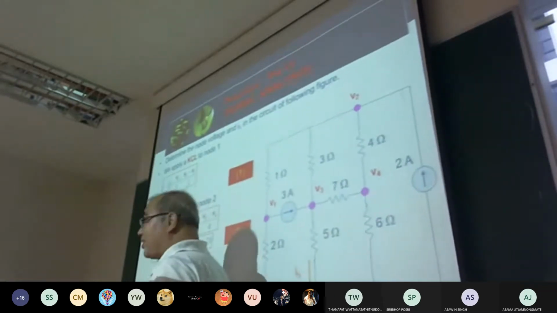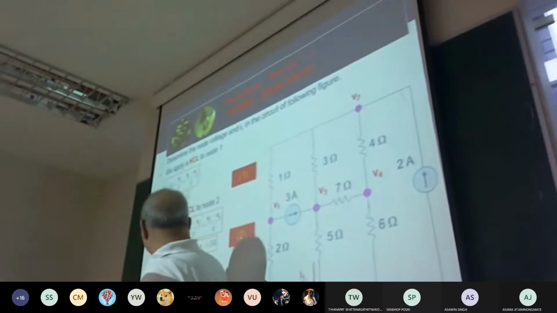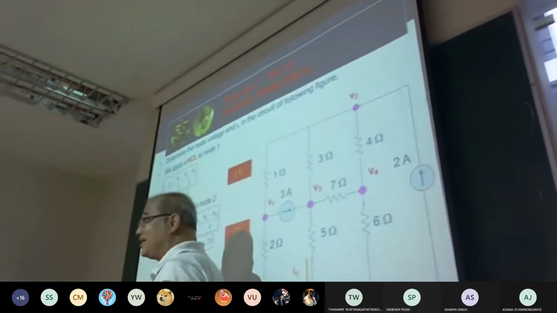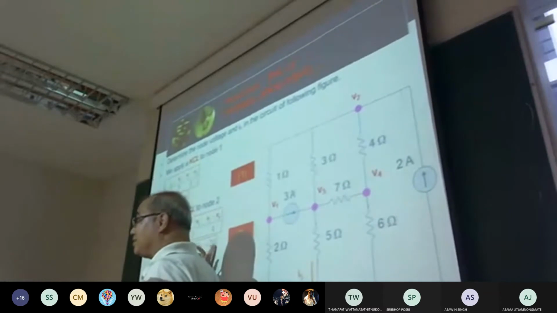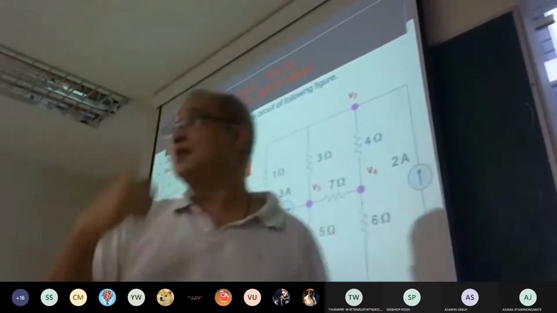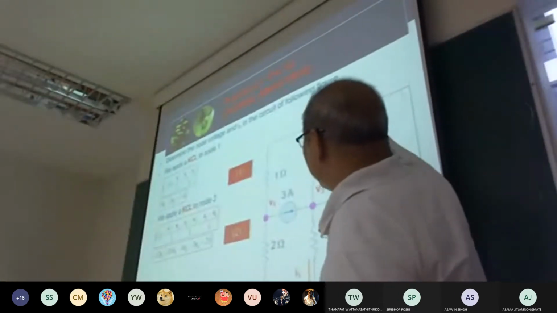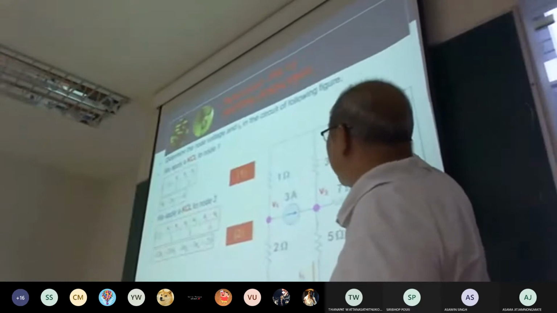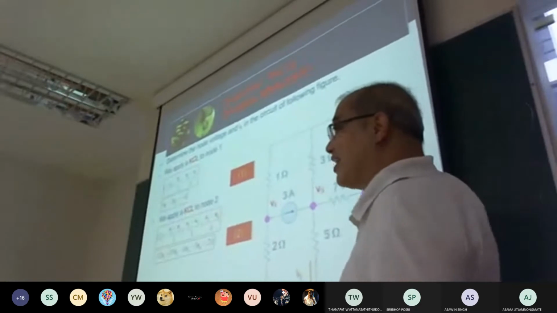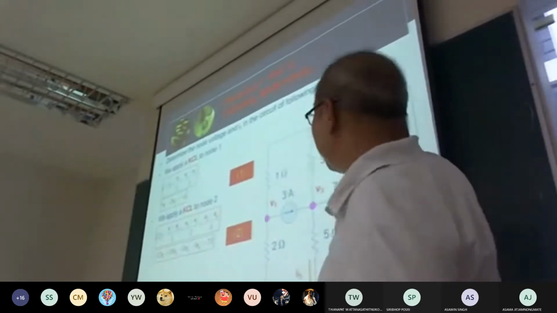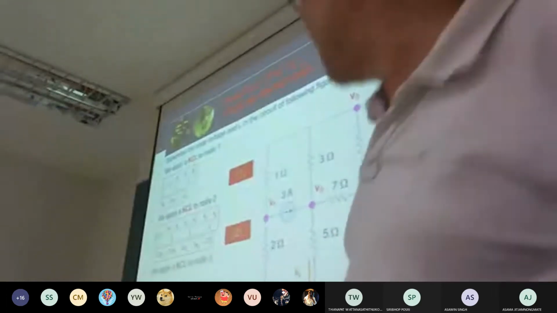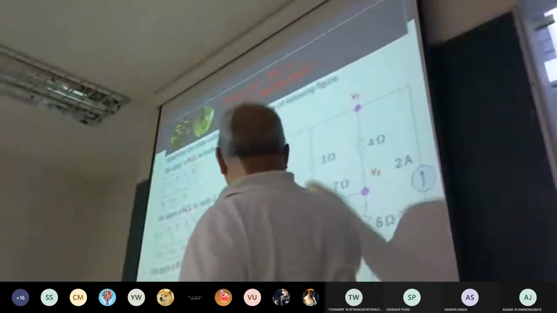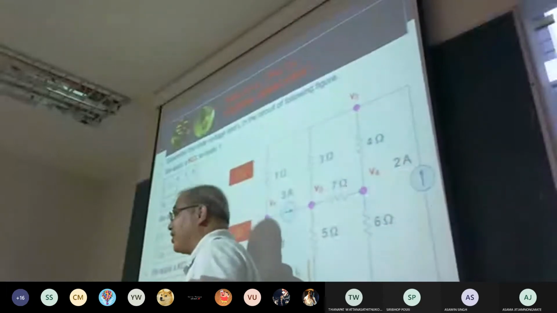Organize the equation. When you organize them, don't underestimate. If you multiply something wrong in here, for example 19 to be 18 or 20, everything is gone. Now for this node, how many branches connect to it? Sorry, node number 3 is here. 1 connected in, 3 connected out.